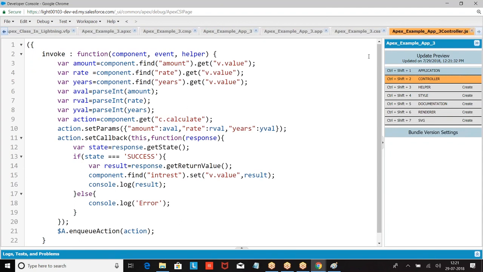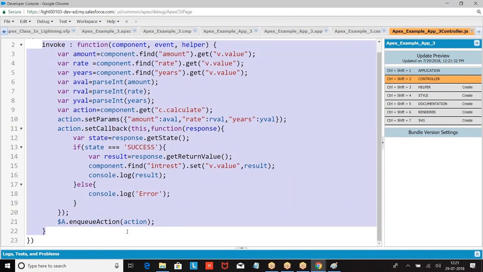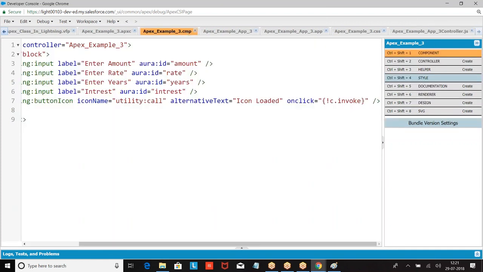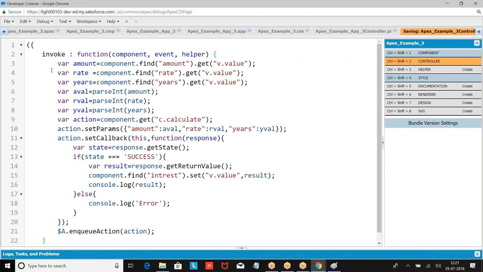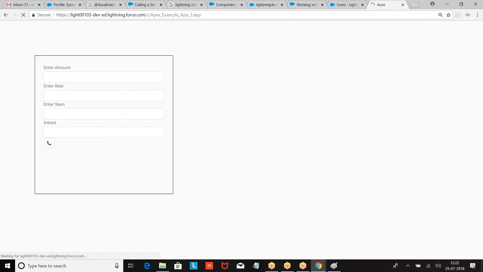Did I create the component for what? I have given the component for application, not for the component. This is the bug. I was supposed to go to this component. Oh, CSS is also created there only. Instead of creating a component for the controller for the component, I have created it for application. Now,